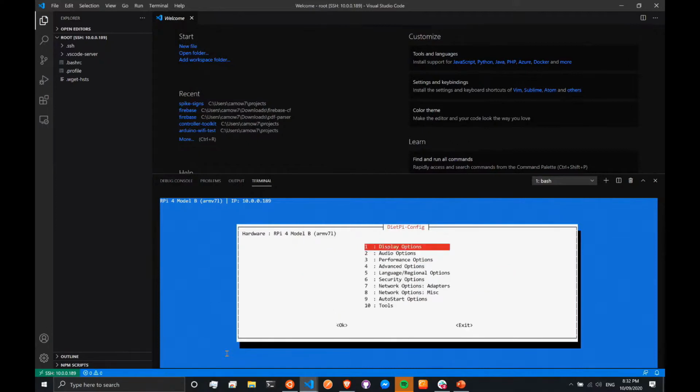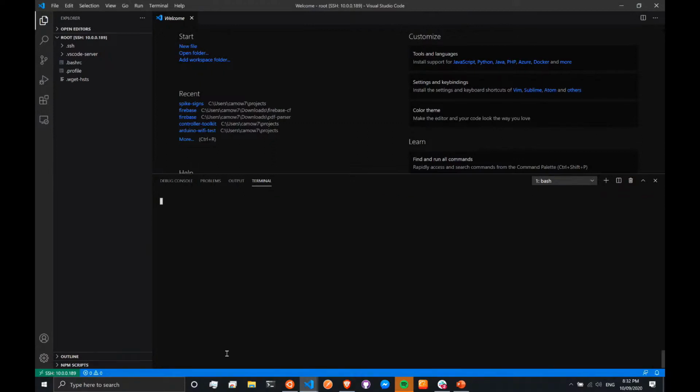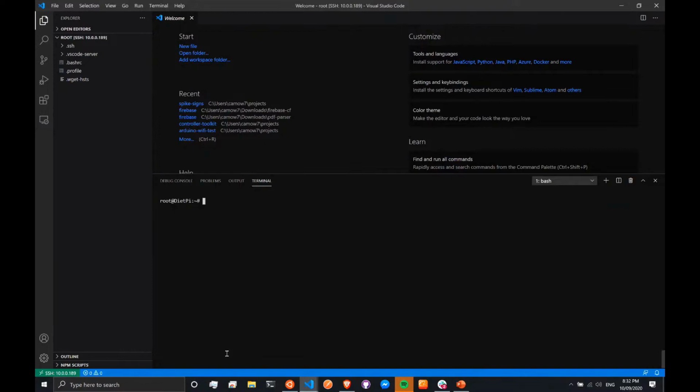Time sync mode actually. Running the server. Yes, that's it. So the DietPi-config, yeah, is the basic Pi setup stuff. The DietPi software is where you